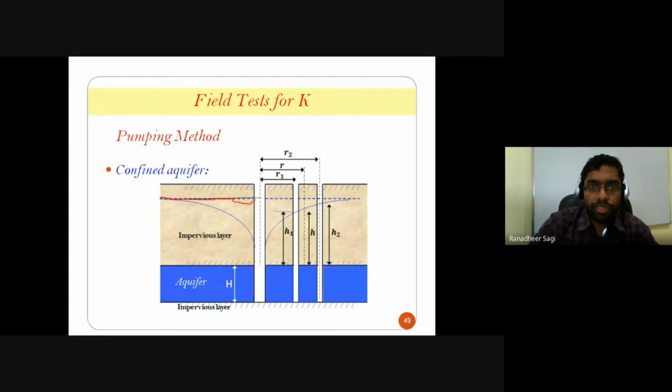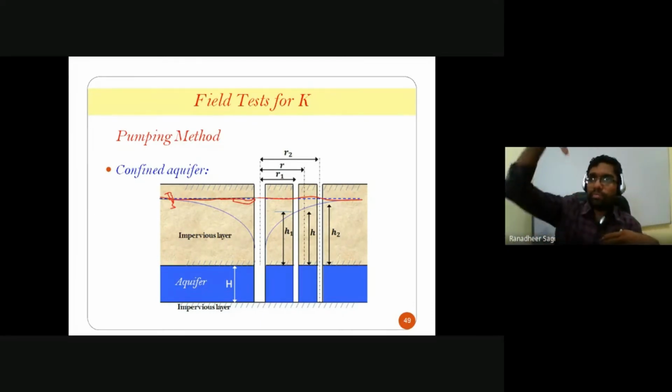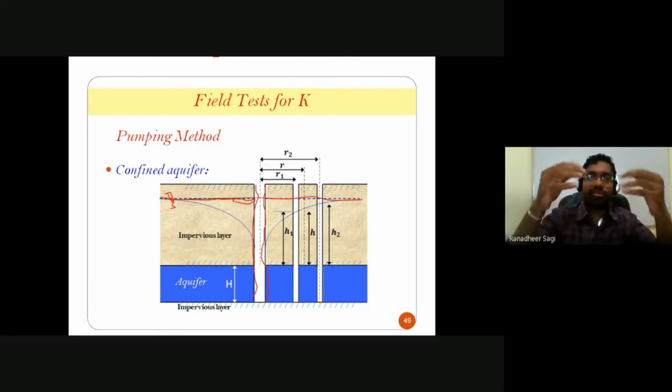This level, whatever you could see, is nothing but the initial water table position. So what is it indicating? It is indicating the initial position of the water table. Now once I make a borehole, what would happen? I'm making a hole into the ground here. In the process of making the hole, you are removing the soil out. Once you remove the soil out, what would happen? The water from the surroundings starts seeping into that opening which you made into the ground.